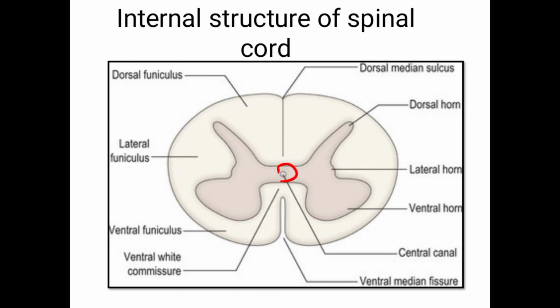Then the next is about the white matter of the spinal cord. The white matter of the spinal cord on each half is divided into anterior, lateral, and posterior columns. Otherwise, we call it funiculus, which has the tracts present in it. The tracts are called ascending tract and descending tract. So whatever tract you see, they are all present in the white column of the spinal cord.